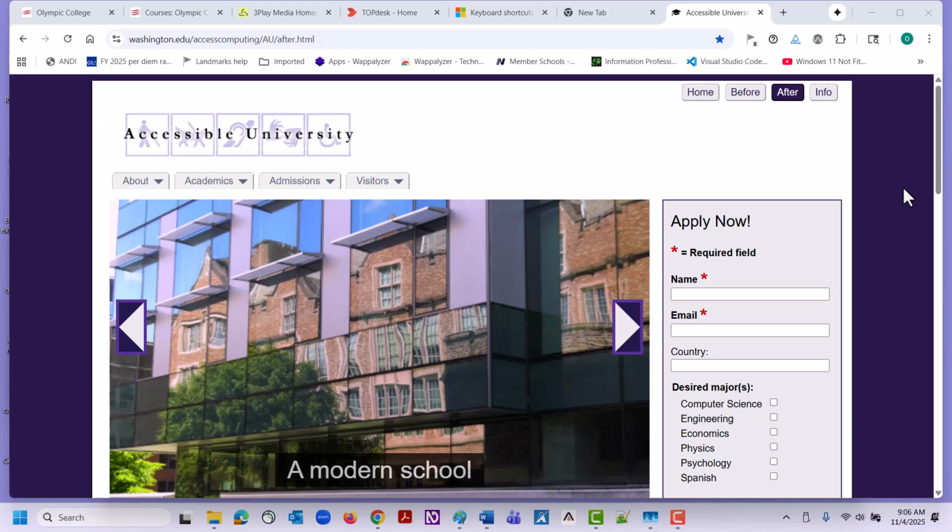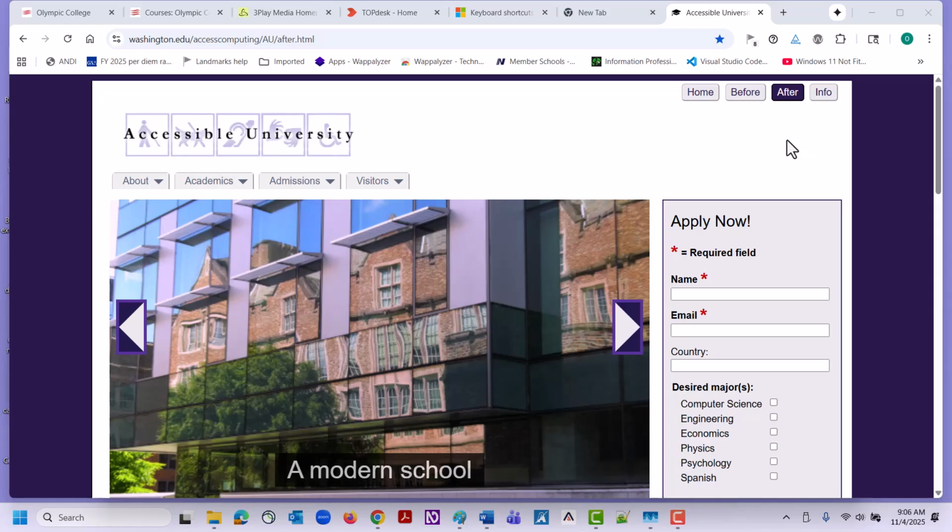This is going to be a brief walkthrough using the Wave tool by WebAIM. WebAIM probably has much greater resources around the Wave tool than I'm ever going to come up with, but this is, of course, an introductory course. So I'm going to run the Wave tool that we previously installed, and I'm going to walk through the same